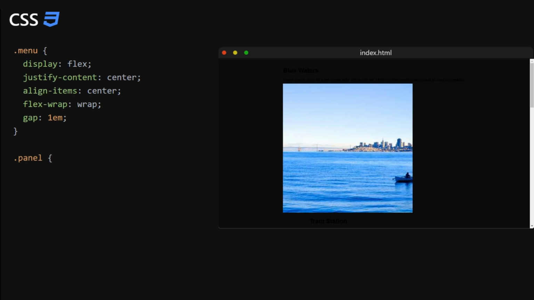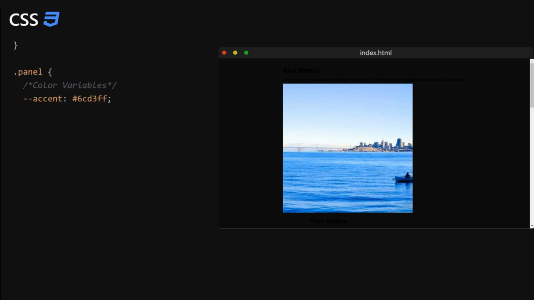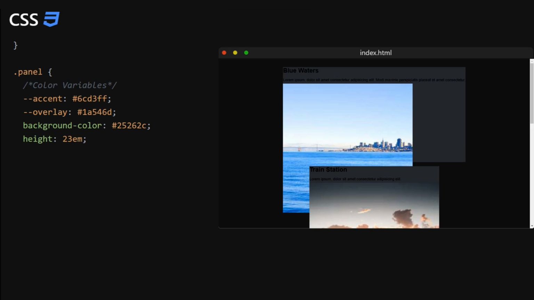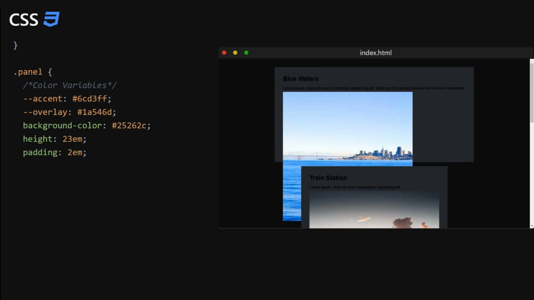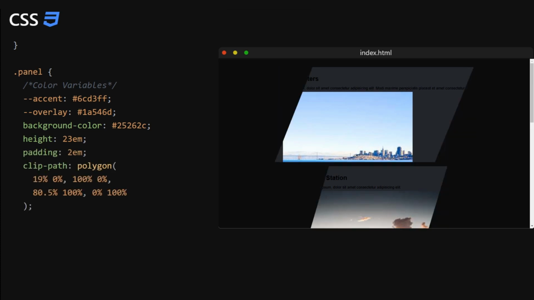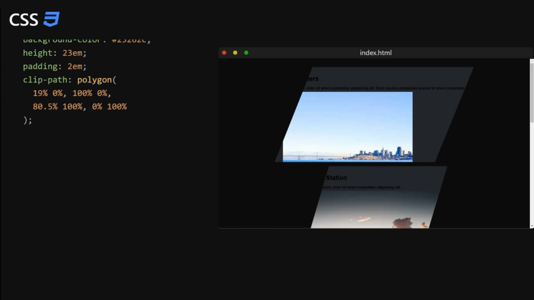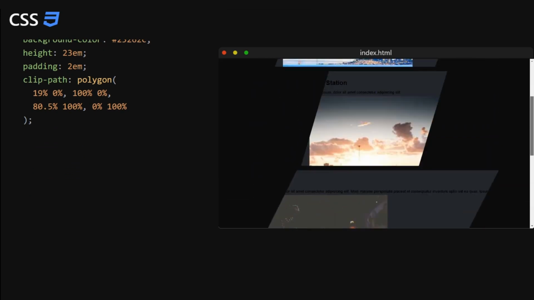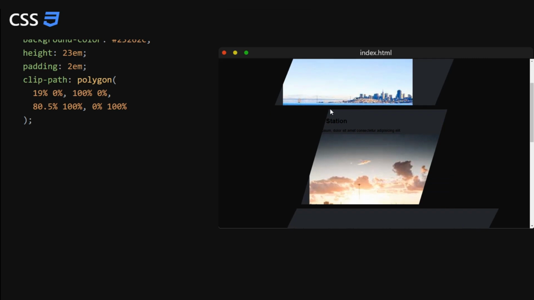First we will set some color variables to make the panel into a desired skewed shape without skewing the content inside. We will use the clip path property. So we will draw a parallelogram polygon shape using code. These numbers may look confusing at first, but really they aren't. They are simply sets of two numbers for the position of each point in the polygon on the x and